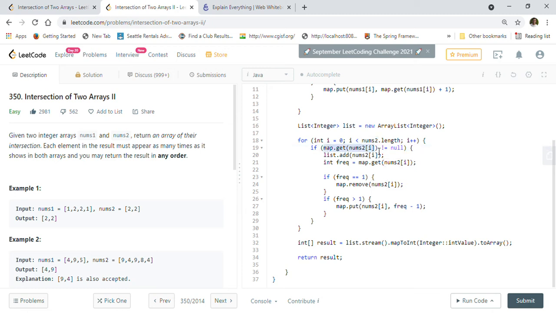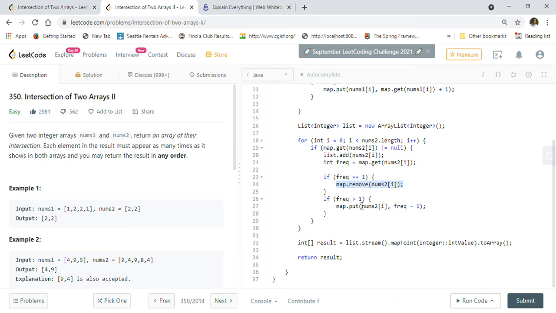If the number is present there, then we will add that number into our list. We will get the frequency from the map, and if the frequency is 1, then we have already used that number with its one frequency, so there is nothing to keep in the map. So we are going to remove that number. After its frequency becomes 0, we will remove it.